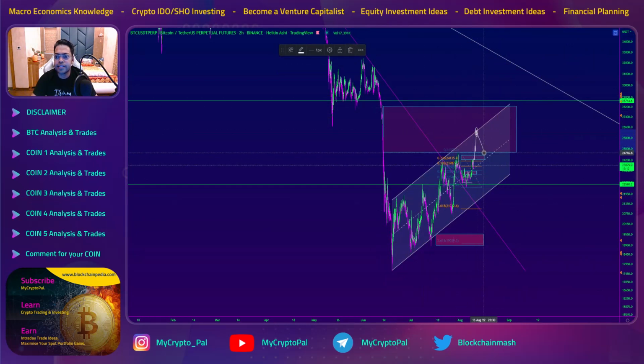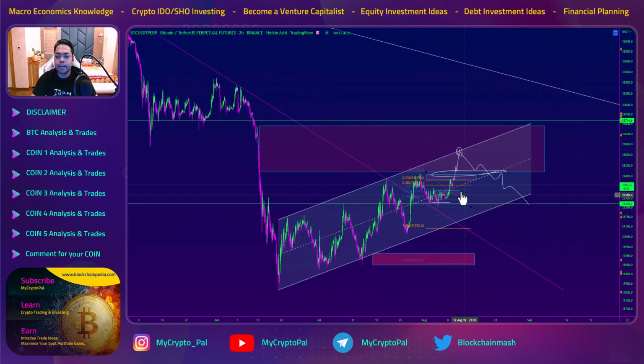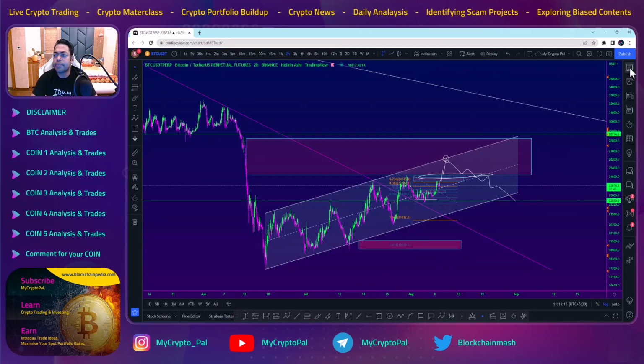And then this will be a perfect short setup. BTC, you can see, will come down, and if we don't get any support in this area, we drop down and go further. So this is the BTC plan for this week. Now this whole pattern which is forming is a bearish pattern, so keep in mind, do not buy spot BTC over here because you are going to lose your money. If you want to enter, you can enter here, but please exit as we go up. I hope some of you took profits. So this is the BTC analysis.